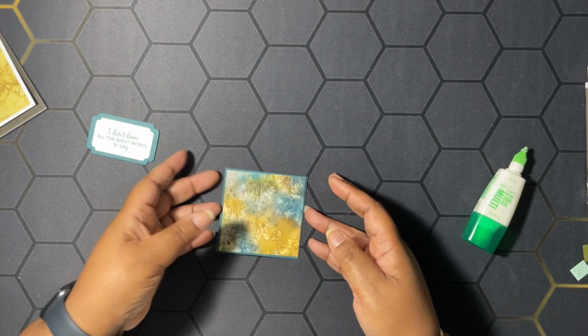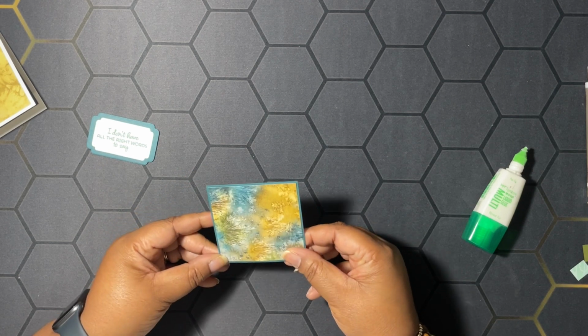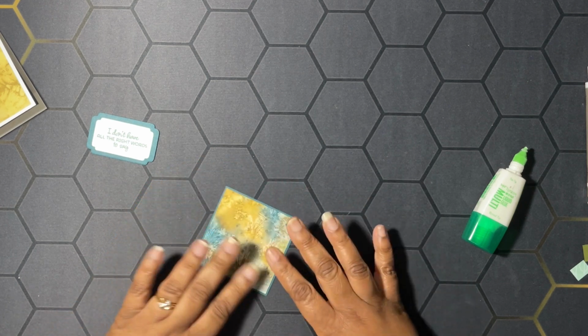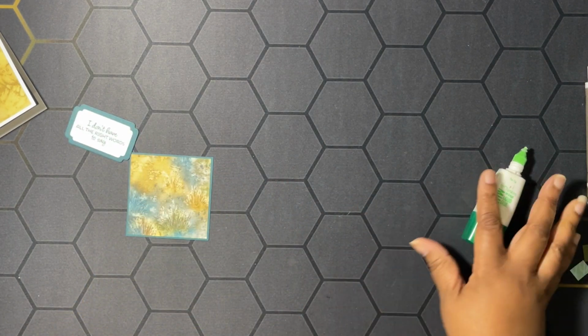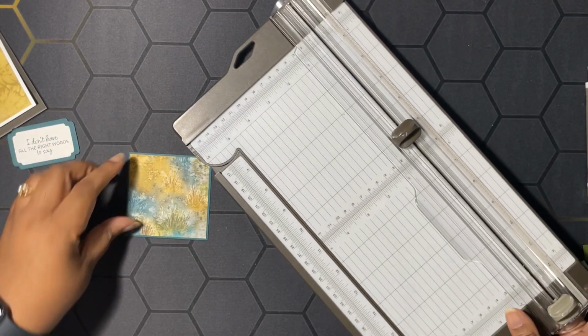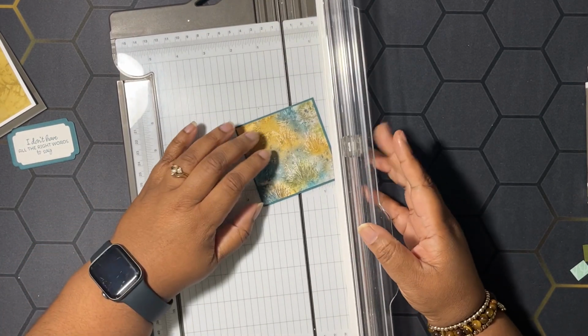Let's get that on there. Try to get it on evenly spaced. Okay, now I'm going to get my paper trimmer, and we're going to cut this in half, but we want